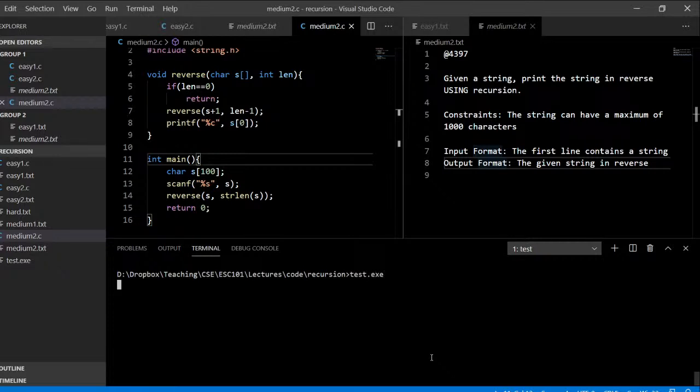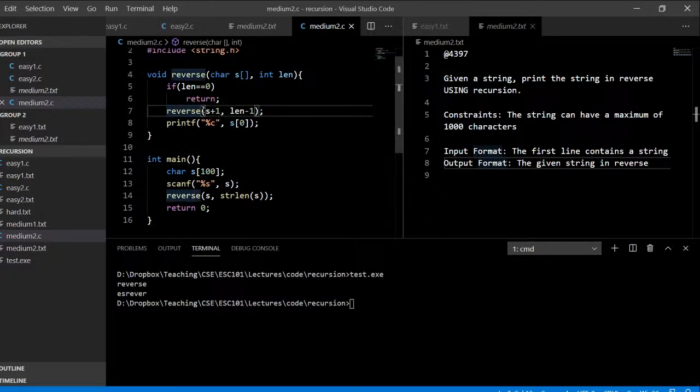So let me print a string reverse, and you can see that I got the string reversed. This is a nice interview problem because it allows people to ask you about the concept of recursion in a very simplified form. The function called stack in forward order